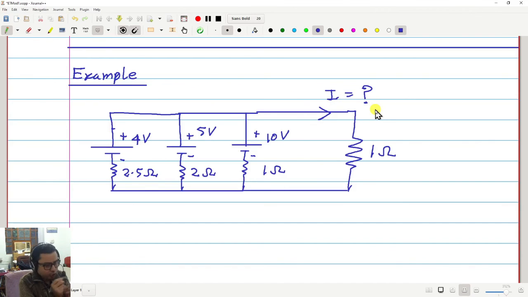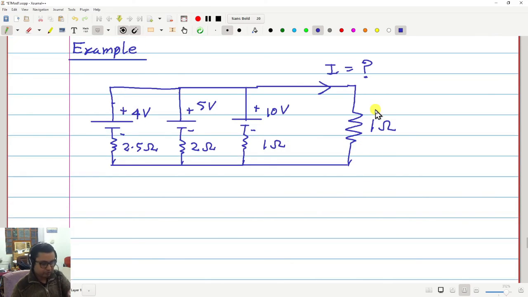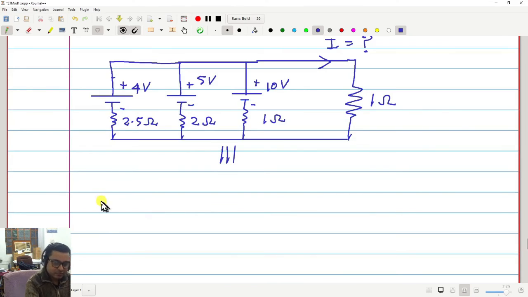Can you solve it? You can solve it in many different ways, but let us use our knowledge that we have learned just now. What I will do is this. I will say that this circuit is equivalent to the following circuit. So here we have a practical voltage source, so we will replace it. Let me just copy, that way it will be easier.